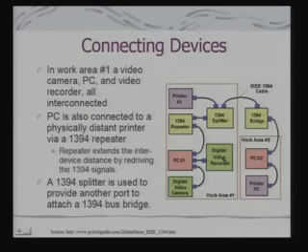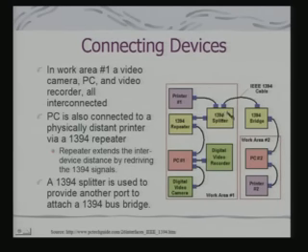The PC is also connected to a physically distant printer via a 1394 repeater. Just like any repeater you use for conditioning of the signal, a repeater extends the inter-device distance by redriving the 1394 signals.